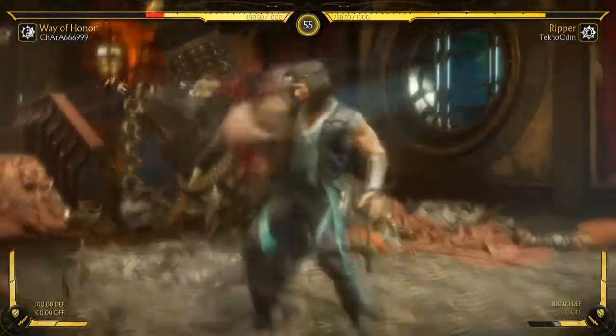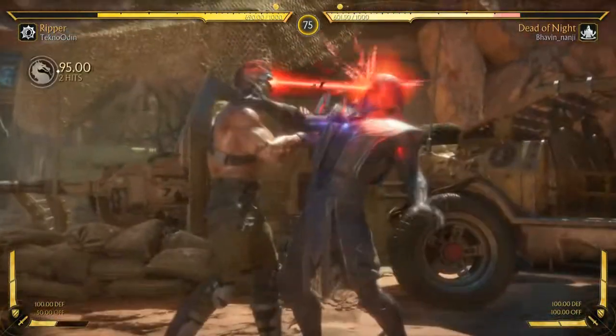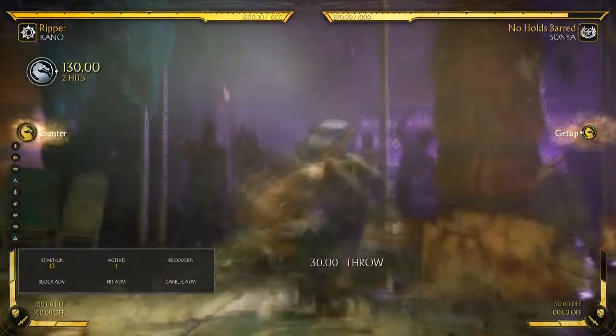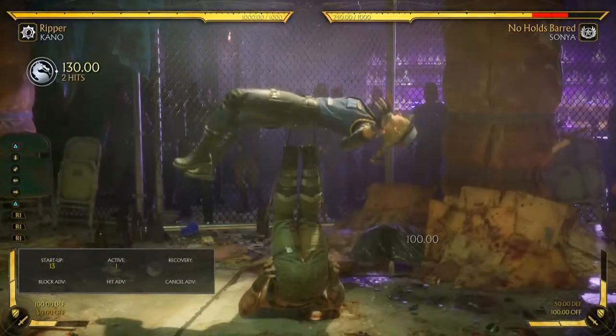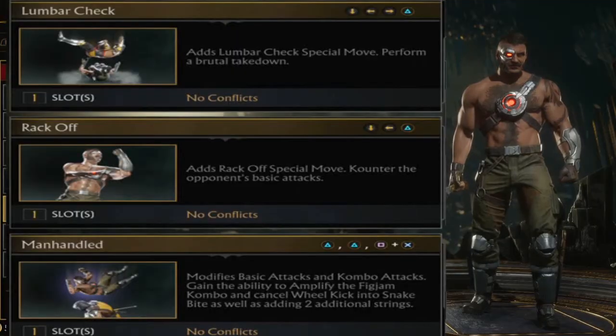Rack-Off is a great counter move that does the same thing as Mime Time in conditioning to sort of forgo the wake-up attack and maybe try and go for a roll, which lumbar check counters for a devastating crushing blow. Really, that is the best option, but since Tyler will give me absolute flack for leaving it out, well, once